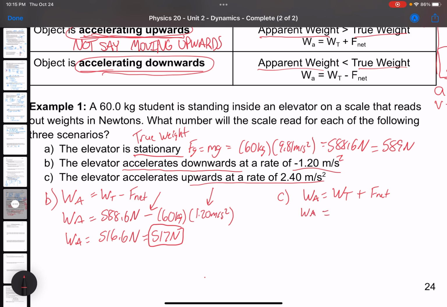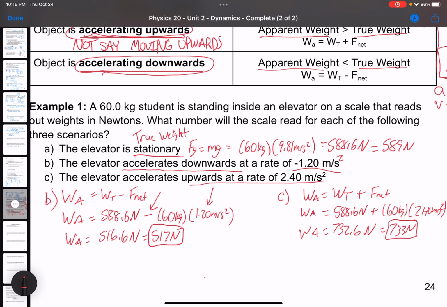Okay, so my true weight was 588.6 newtons plus 60 kilograms times the acceleration, 2.40 meters per second squared. So punching that into my calculator, I get 732.6 newtons, so 733